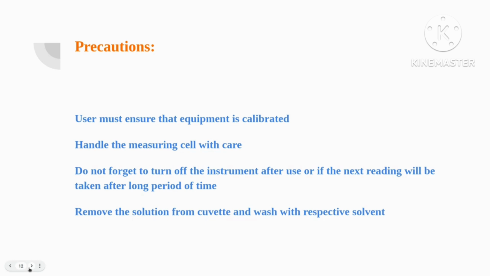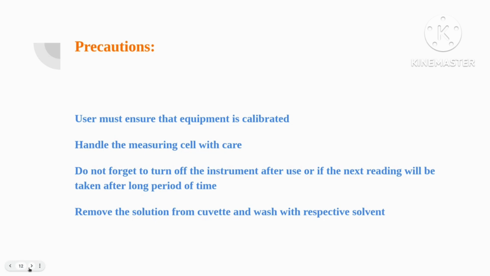The general cleaning procedure for the UV spectrophotometer is like this. After completion of each analysis, clean the UV spectrophotometer as follows. Remove the cuvette from the sample compartment. Remove the solution from the cuvette and wash with the respective solvent in which the solution was prepared. Rinse with water and then with methanol and wipe with tissue paper. Air dry and keep it in a dedicated place. When required, clean the outer surface of the instrument with IPA and dry it with tissue paper.